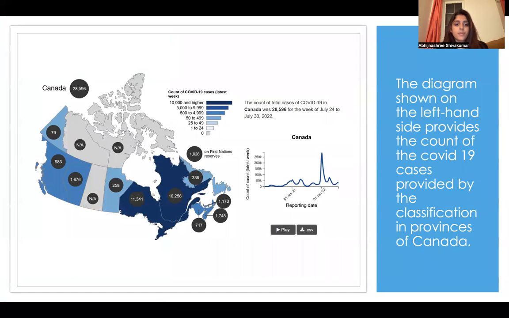We can see from the following diagram the various territories in Canada which have been affected by COVID-19 cases. The darker the color, the more cases and deaths in the region. Ontario and Quebec have the most cases, owing to their dense populations compared to the rest of Canada, as most of the immigrants and people live in these provinces. There are also some provinces which have recorded zero cases, such as Saskatchewan.